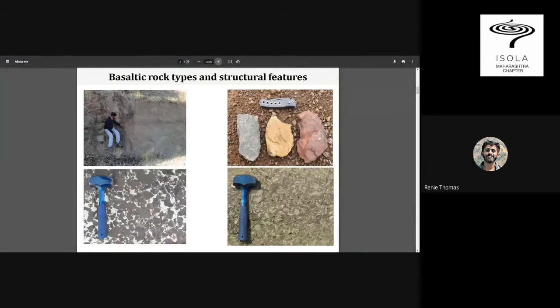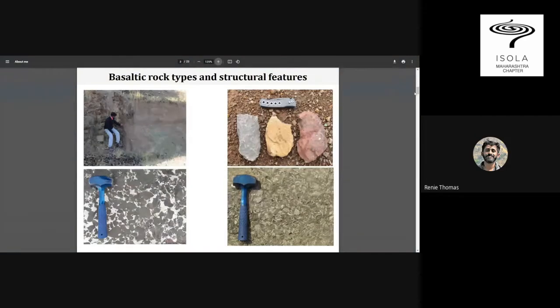So if you see on the right hand side, the reddish is also basalt, but it's called the rubbly flow top breccia, which is basically the lava when it moves forward, the top surface gets brecciated or broken down, and it actually oxidizes. So it has that reddish tinge. And in the middle, the yellowish is basically weathered, oxidized rock. When it is exposed to water and air for a longer time, it starts disintegrating. It starts leaching away soluble minerals. And to the extreme left you see the basalt, which is a hard rock.